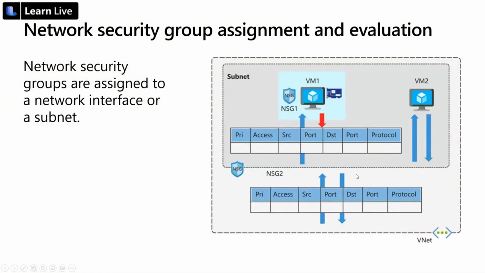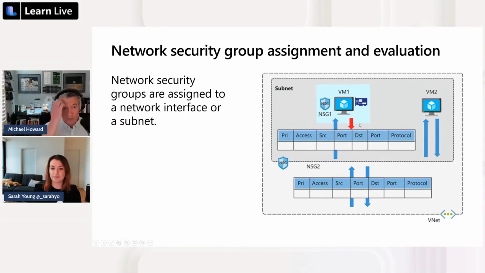But here in this example, we've got an NSG rule that's being applied to this subnet. We've got a VM communicating in and out. So this particular NSG applies. But here we've got one on this specific VM. So whatever the rules are in here apply to this specific VM and not this one over here. And of course, you could also have both, in which case you could get into all sorts of problems if the NSGs don't align properly. So that's why, for the most part, we prefer people to put NSGs on the subnet.